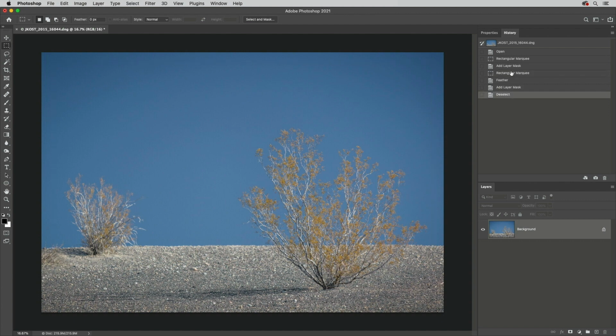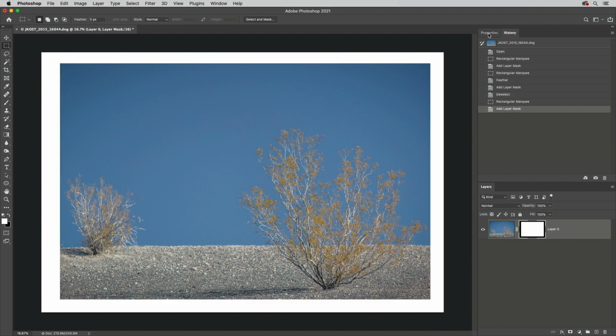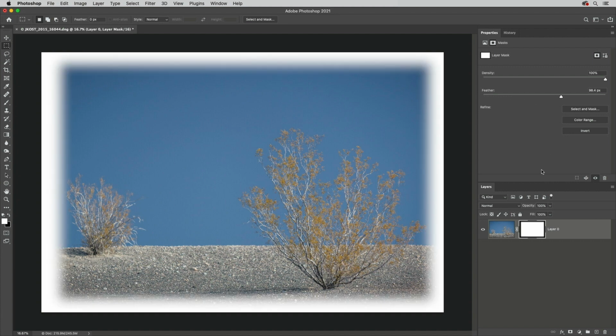Third, I'll make another selection. This time I'll add a layer mask without adding a feather. To soften the edges, I'll use the non-destructive feather slider in the Properties panel. Alright, let's delete that mask